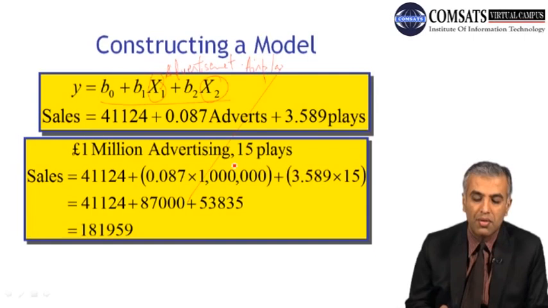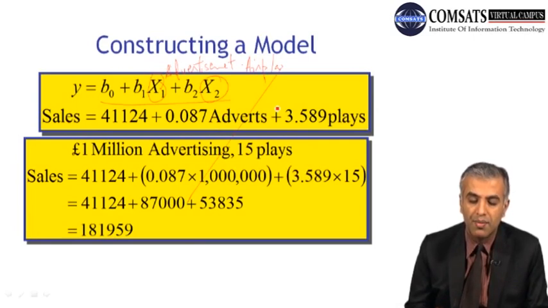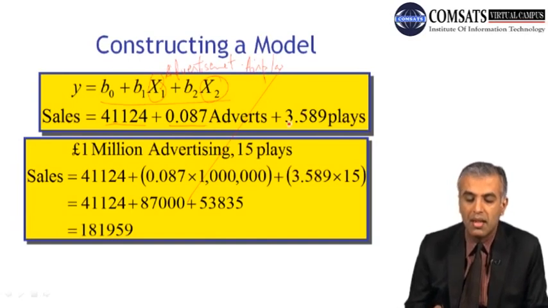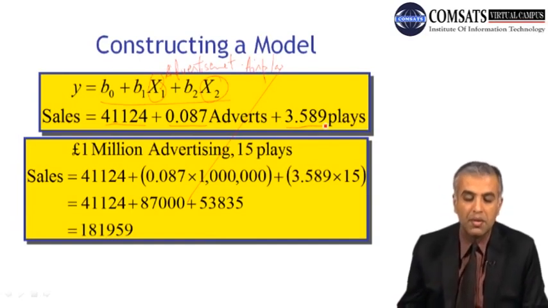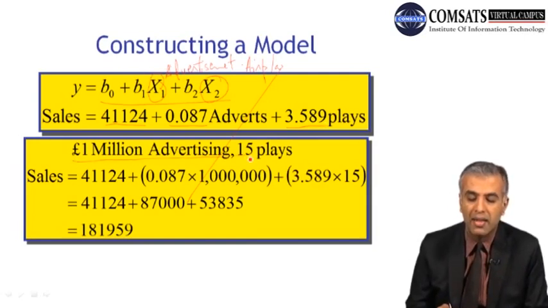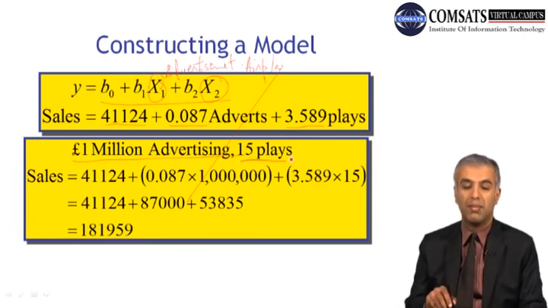So the intercept is reported, the coefficient which we had already calculated is put near advertisement, and the 3.589 coefficient is placed near number of plays. So if we want to find out the sales for $1 million advertising and for 15 plays, then we